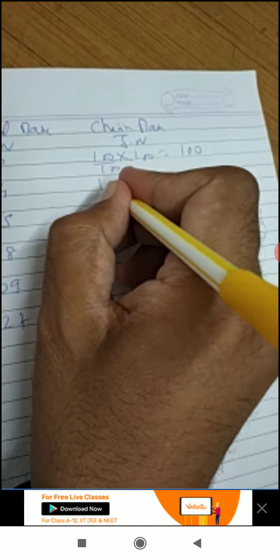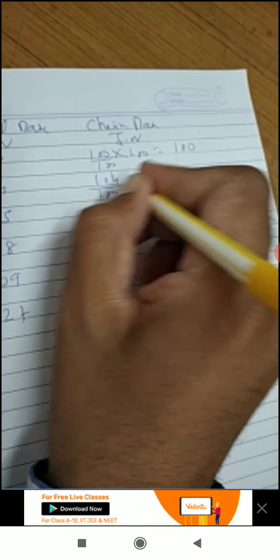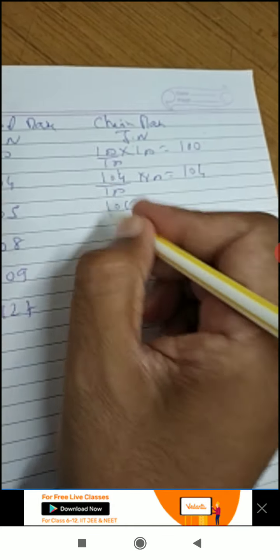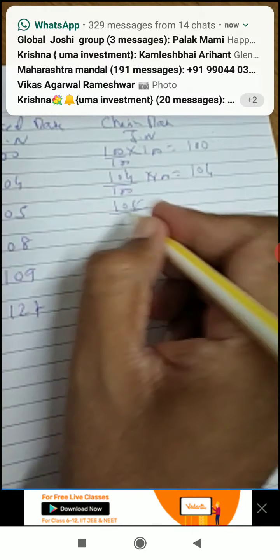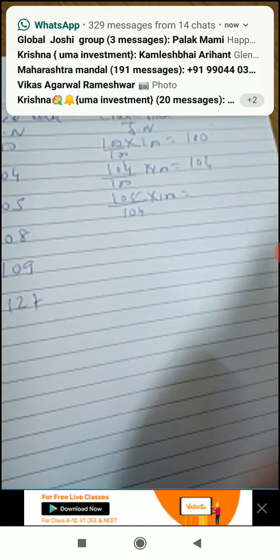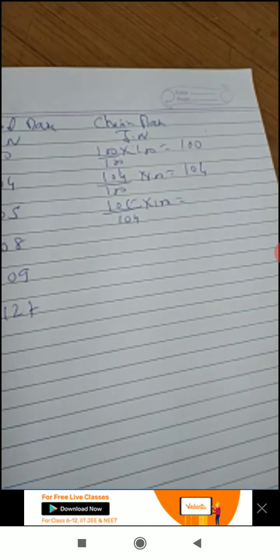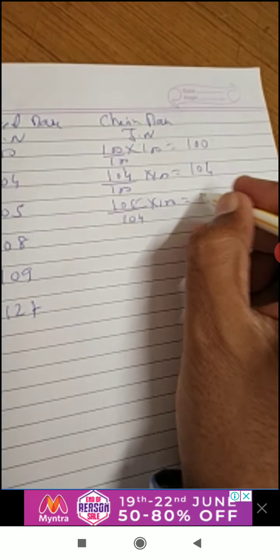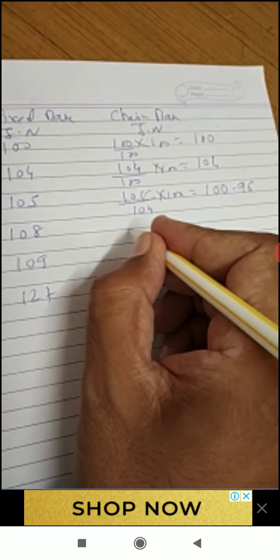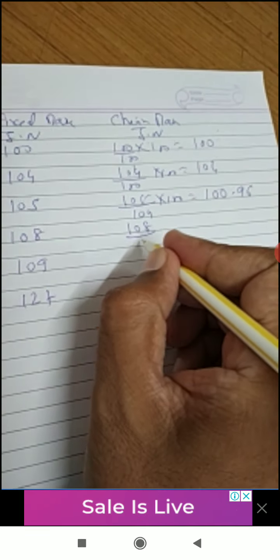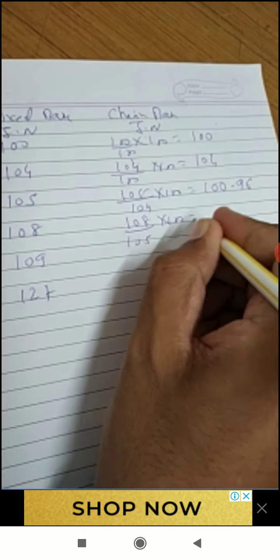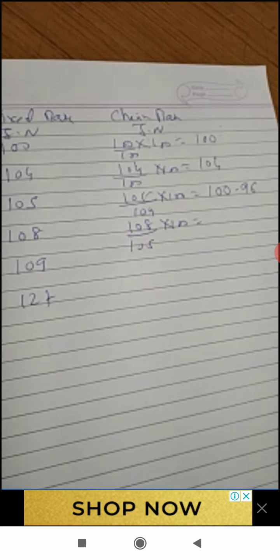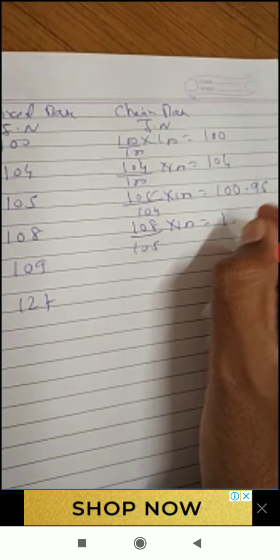Next one, that is 104 divided by 100 into 100, value is 104. Next one, you have to change the value because method is change base. So 105 divided by 104 into 100. So that is 105 multiplied by 100 divided by 104. Value is 100.96. Next one, 108 divided by 105 into 100. So 108 divided by 105 multiplied by 100. Value is